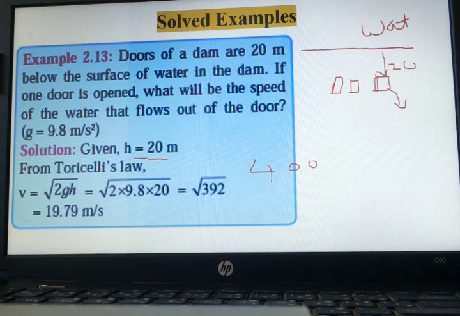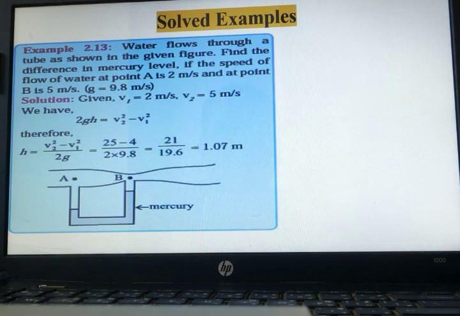You can also think like this: 392 is very near to 400. The square root of 400 is 20, and the square root of 19 squared is something like 361. So it is in between both of them, so we can write it as 19.79. You can use the logbook also, as in the board exam the logbook is allowed. And in the logbook there is a square root page also.